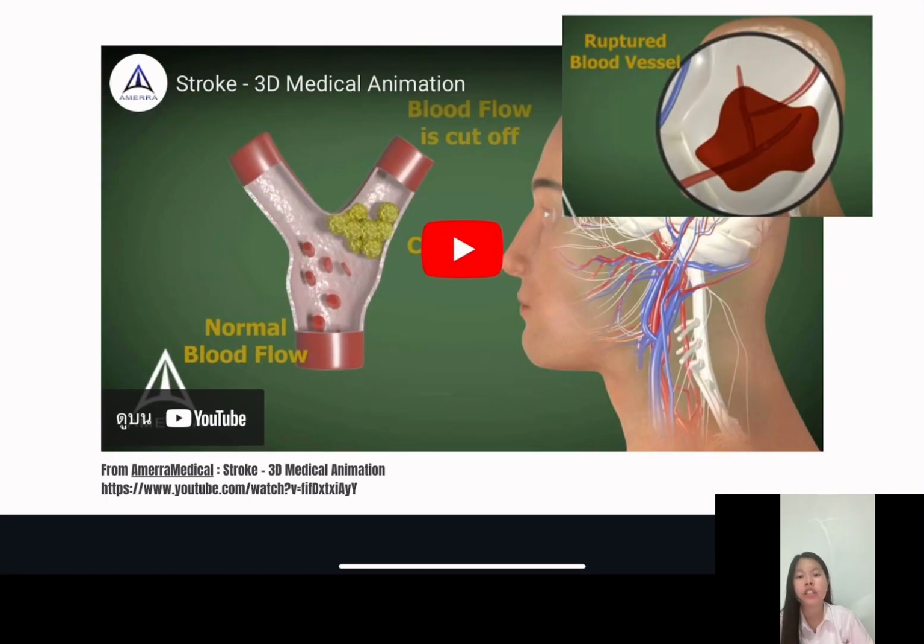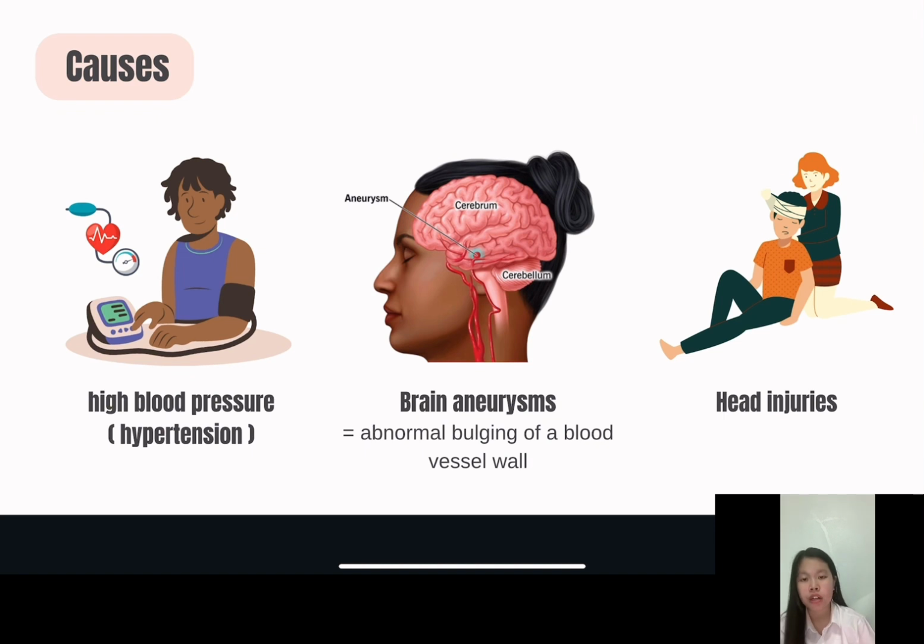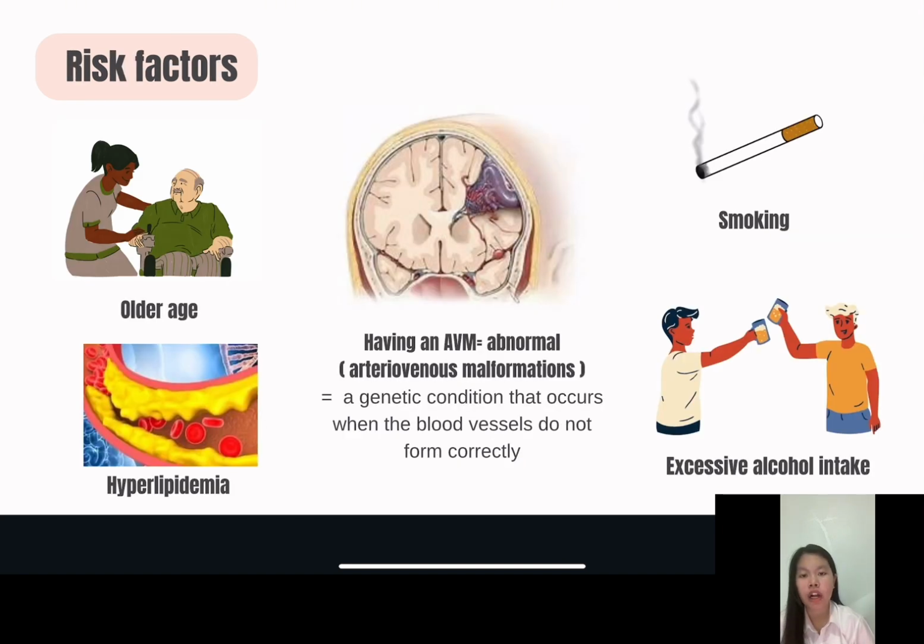And the next one is, what are the causes of hemorrhagic stroke? There are high blood pressure, and the next one is brain aneurysm, and the last one is brain injury. These are causes that can make your blood vessels rupture, and there are risk factors that may cause